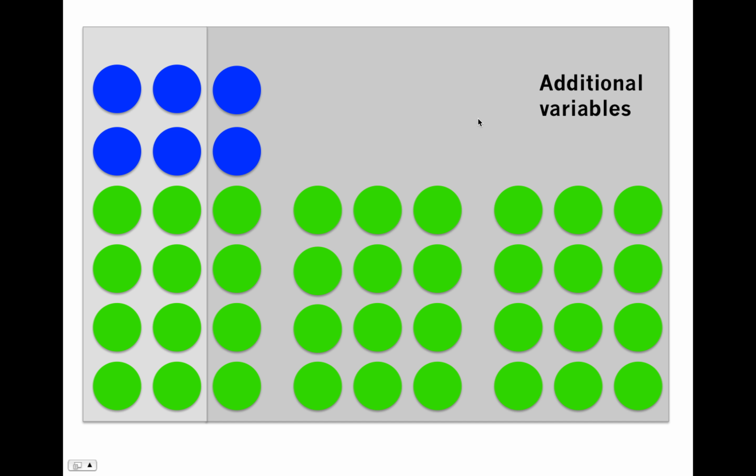But what if I wanted to represent where students live? Some of them live on campus, some of them live off campus. But how do I represent that information in this visualization? Well, one thing I could do, as shown here, is use two boxes, right? So let's say that the box on the left represents all the students who live off campus, whereas the box on the right represents all the students who live on campus. So that's one way I can represent this new variable, which is where they live.